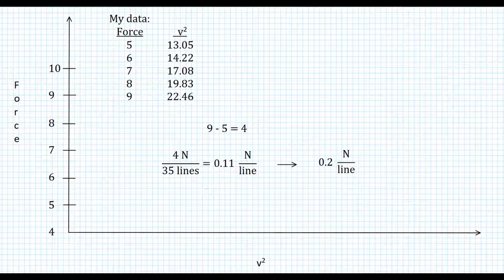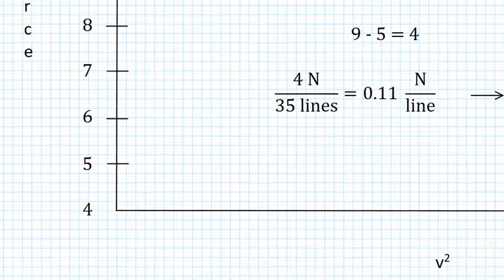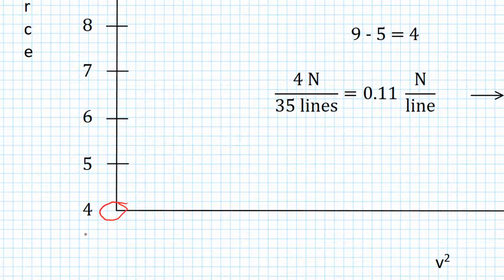Let's just make sure I got it right. What does that 0.2 newtons per line mean? It means if I start out at 4 down here, and as I count my grid lines on my graph paper going up, the first one above is going to be 0.2 bigger than 4. So 4.2,